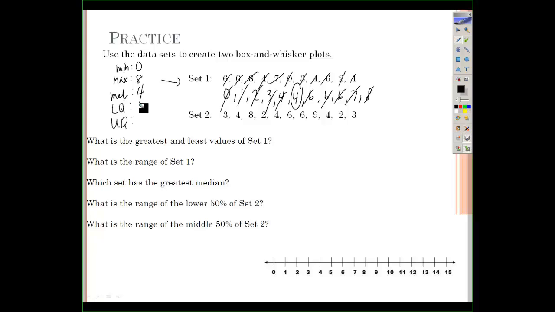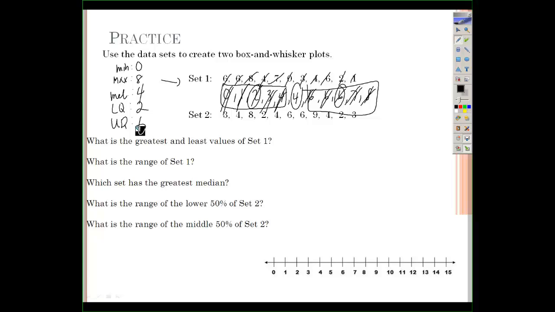Next, I need to find my lower quartile. So I'm looking at just the lower half of data now, finding the median of it. I'm going to start crossing stuff out. Looks like the middle number is 2. So that's my lower quartile. To find the upper quartile, I need to use the upper half now. Start crossing things out. I notice that it must be 6. So I have all these values, and what I need to do now is use this data to draw